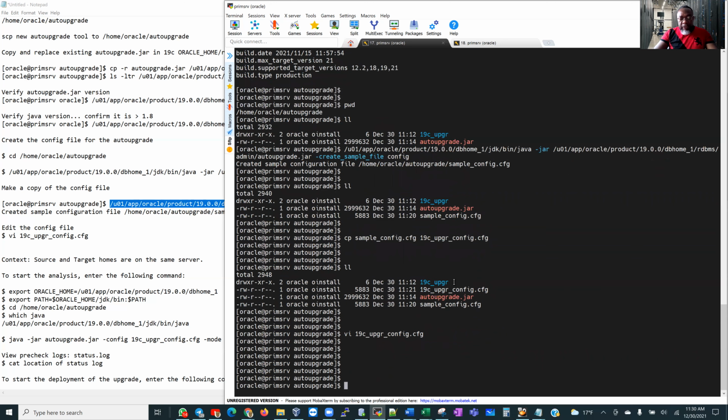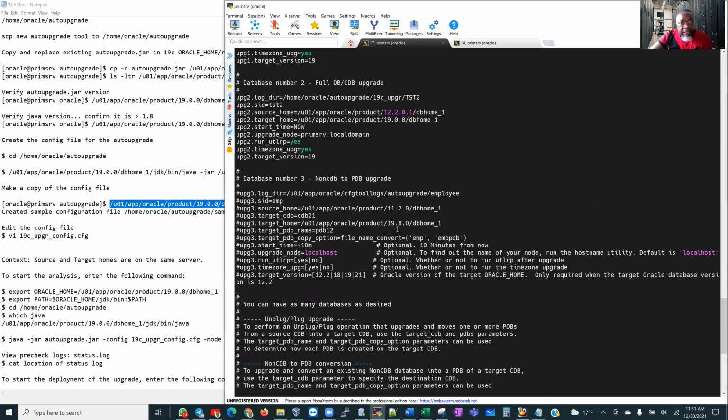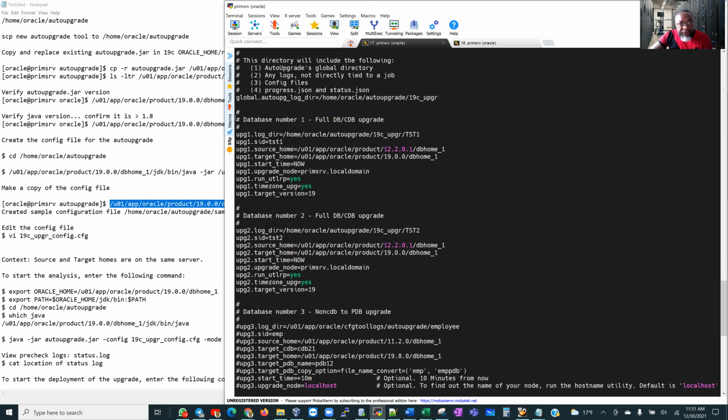So let's cut the contents of that file to see what changes we made and make sure that upgrade config file is right. So right now, this is what we have. We have a global upgrade log directory, a 19C upgrade log. This location is where we would be seeing, as things move on within the upgrade, the status logs and things like that. DB1 is TST1. So source is okay, target is okay. Now our node is this, and our version is 19. Same thing for